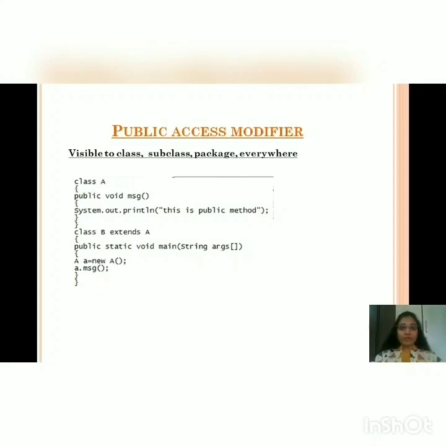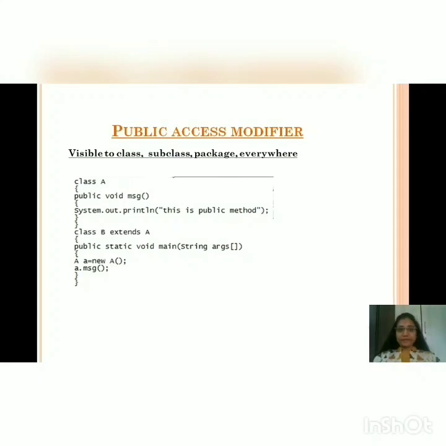Here I have declared one class A and class B is a subclass of class A. The method declared in class A is public, so it has access in class B. So if I call the method message from class B, then my program will run successfully and I will get the output: this is public method.